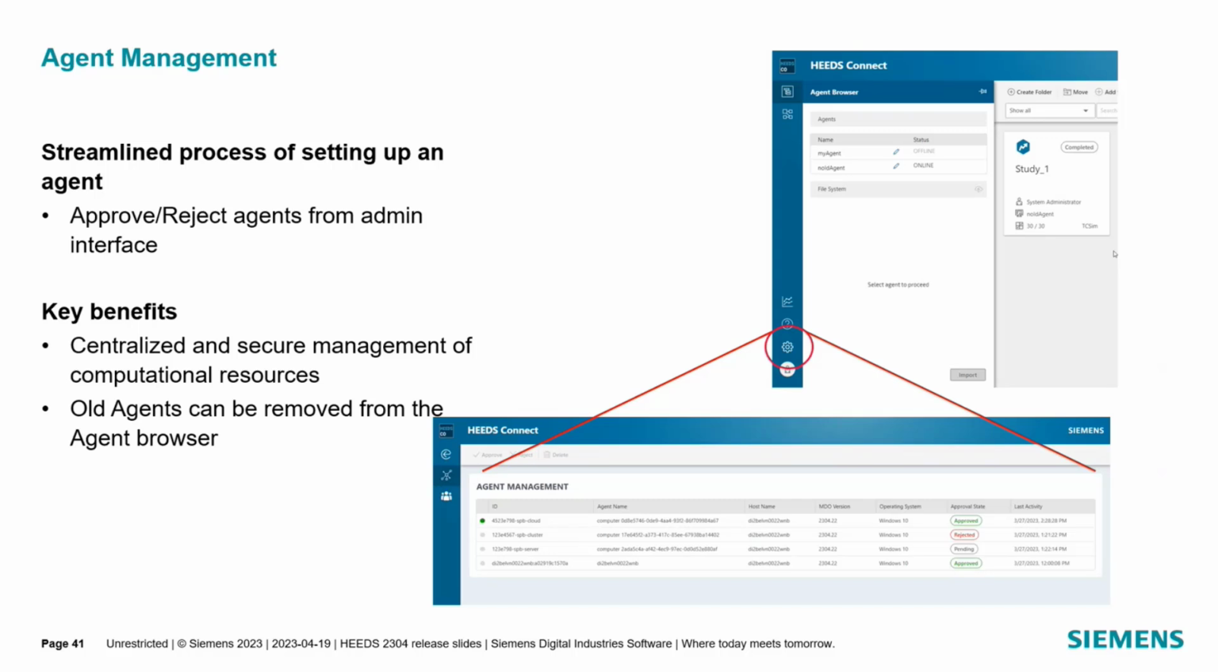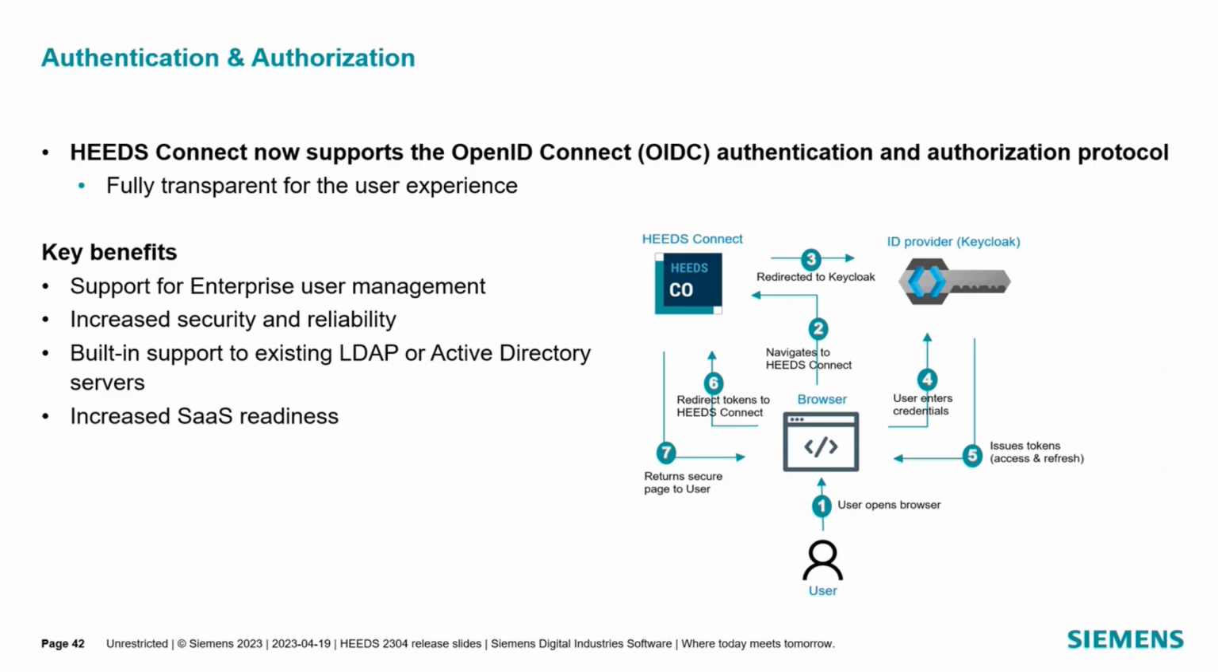This links to a number of enhancements in the security and the safety of HEEDS Connect that are part of our product security strategy. Together, still on the security and safety, we have added and enhanced also the authentication and authorization mechanisms for HEEDS Connect. The authentication is now supporting OpenID Connect, which is a pretty standard protocol for authentication and authorization, which is fully transparent for the user experience. The users will not see it at all,